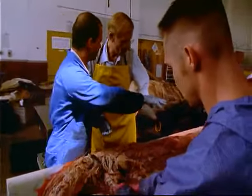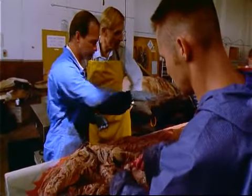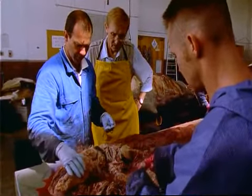I mean, that's a fresh one. Right. That one would have been on the long line that it caught. Whereas this one is in a much more advanced state of decay. In fact, there's a couple in here. There's another one here. So this is from a previous meal. Right. Prior to being caught this particular time. So this shark's had a few interactions with...